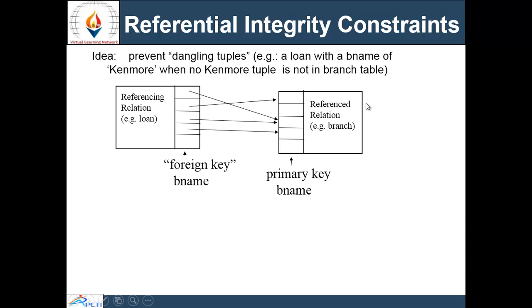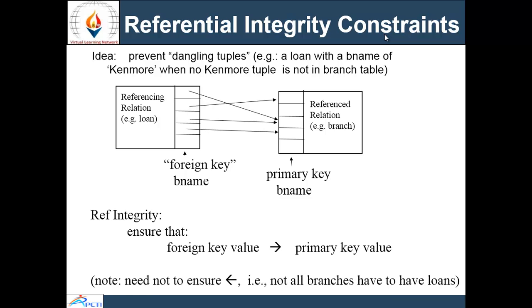Means the domain of the foreign key should be the values of the primary key only. The foreign key's values cannot be other than the primary key of the other table. In other words, referential integrity ensures that the foreign key value should be equal to the primary key value.